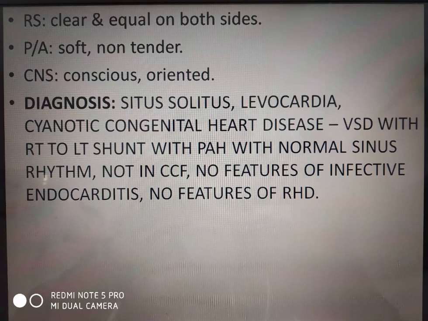Yes. And other things, I won't agree with your concluding diagnosis of no features of rheumatic heart disease. I don't think it is required. So I can write no complications of Eisenmenger syndrome, like brain abscess? Oh, you can say that. You can write that, no hyperviscosity syndrome present. Yeah, you can say that. At present no complications, and in brackets you can say no brain abscess, hyperviscosity syndrome, all those things.